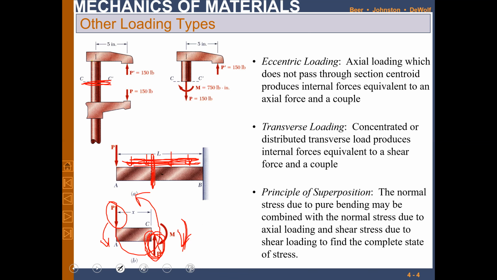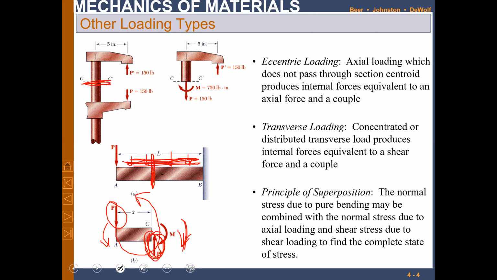So you will have to see what sort of force, what sort of loading condition will be generating what sort of stresses, and then you will accordingly add all the similar types of stresses, meaning normal stresses with the normal ones, and the torsional stresses or the shear stresses with the shear stresses, and then you will add up all these stresses, and you will get